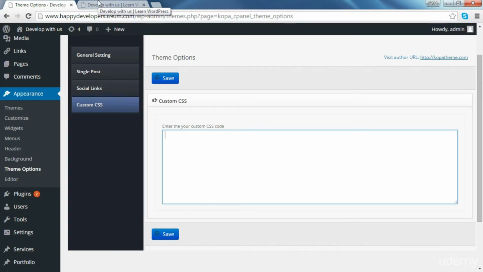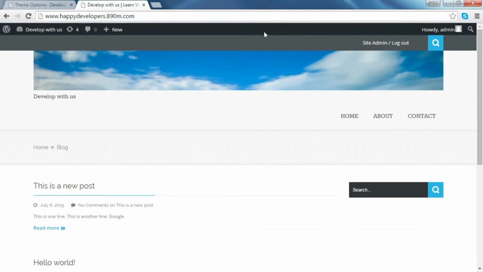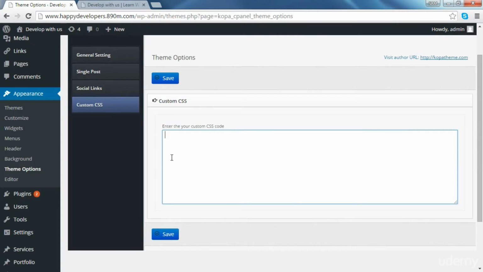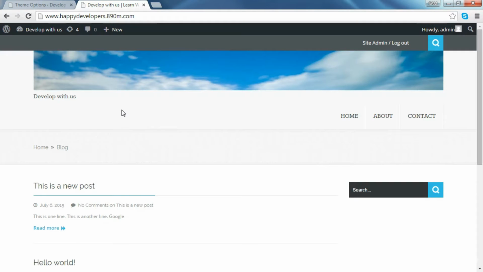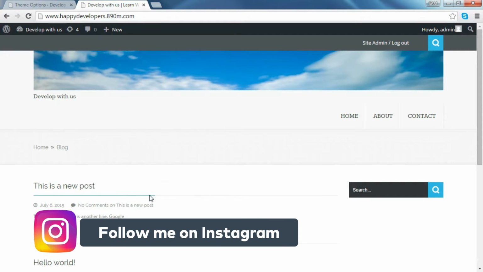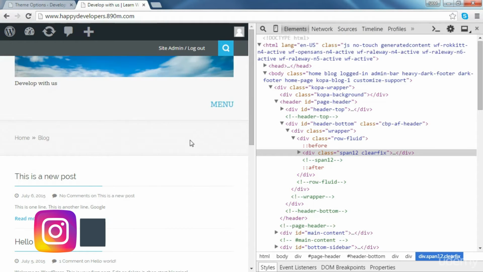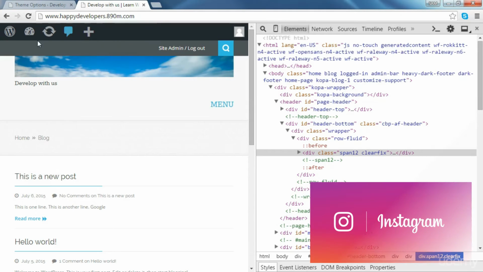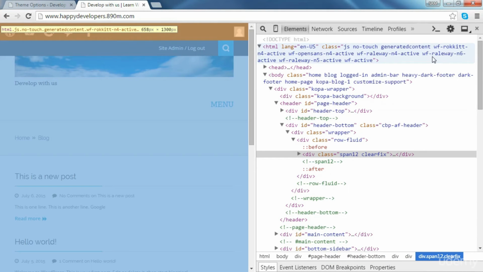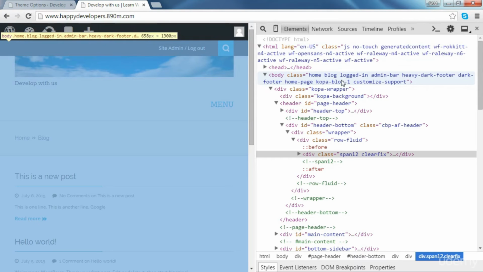So first of all, we need to see how in the code these are identified. Are they identified using an ID or a class? And then we're going to use that ID or class to style this and add display none. So let's go to the website and let's right-click and go to inspect elements. So let's look for the HTML elements corresponding to this bar. So if we look from the top and we keep going,